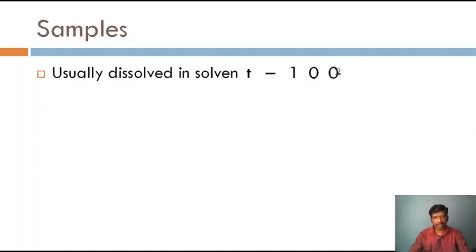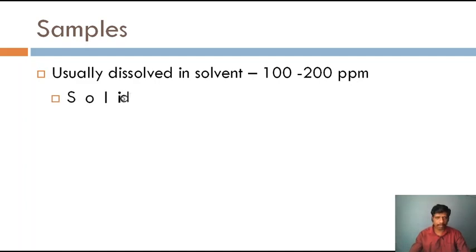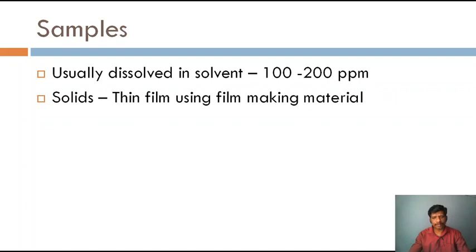Then how do you give a sample when you have synthesized a compound? You give a small amount of substance, that's enough, because we dissolve a very small amount of substance in solvent and record, right? Around 100 to 200 ppm. That means a pinch of substance in a big volume of solvent, right? Too much concentration will not give a good spectrum because of the principle, right? If you have a solid, that can also be measured.